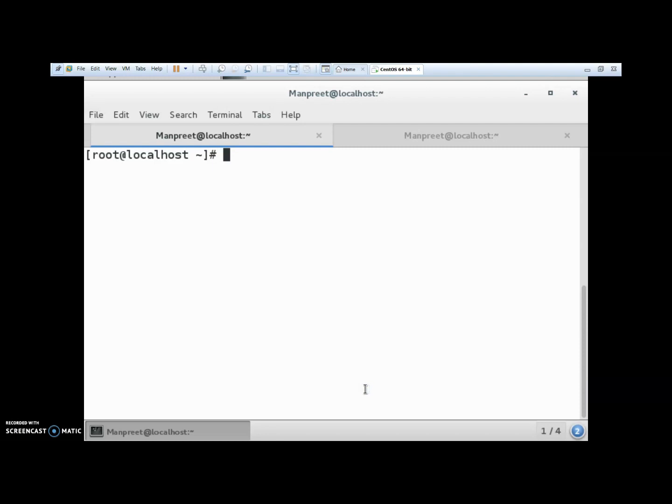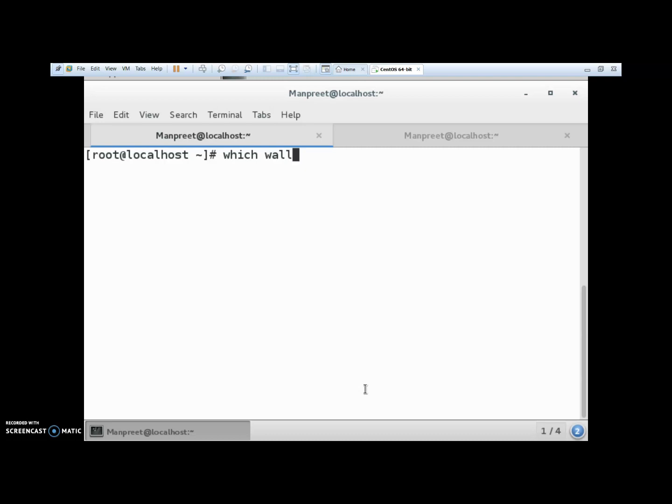Let us see first of all what are the default files in which this set GID bit is already enabled. First we are going to see the location. The command file we are having is wall. The wall command is used to broadcast a message to all the logged in users.